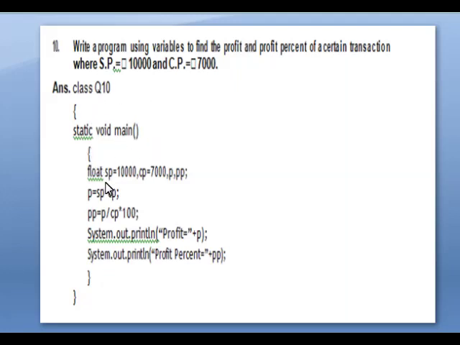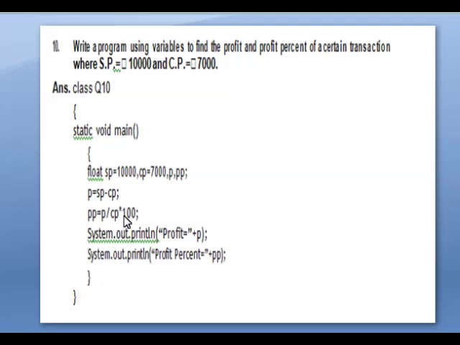So why are we using float here? Because the profit formula is SP minus CP, but profit percentage means profit upon CP into 100.